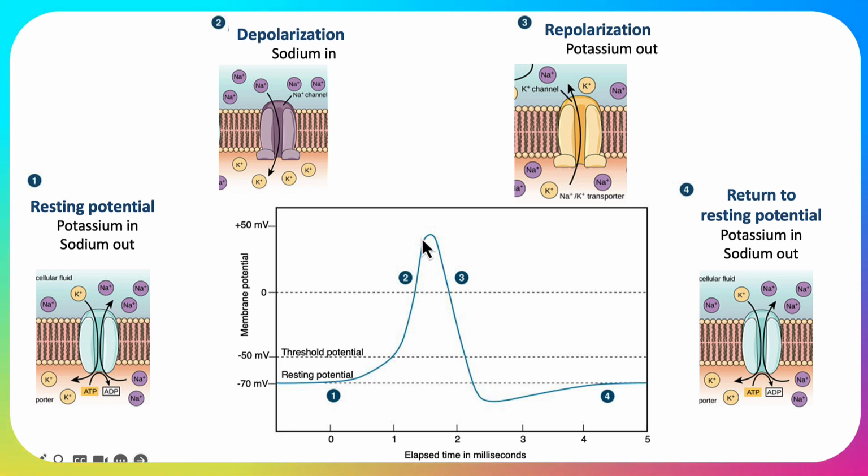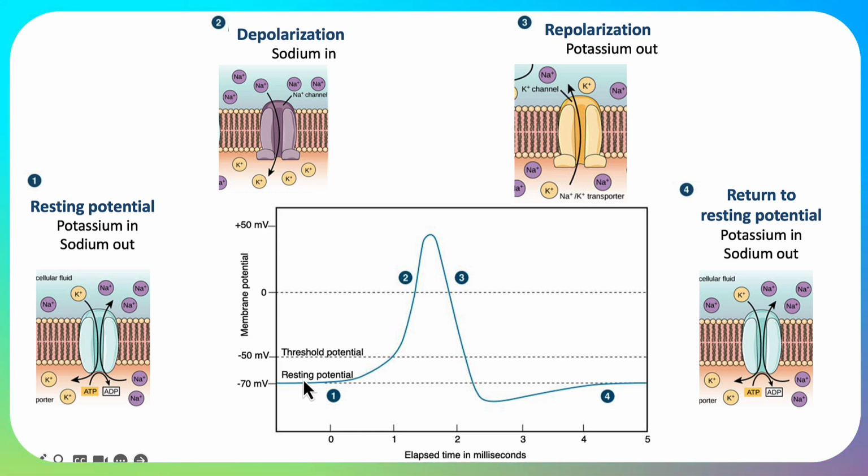Now, we need to really rapidly restore the negative charge. So we need to put something positive out, and of course we've set up a concentration gradient such that all of the potassium was in. So now, passively, we allow that potassium to go out, and that makes it negative again. And finally, actively, we're going to pump the potassium in and the sodium out again, pin sout, ready to start again. So what I remember is that the action potential is all about the movement of ions.